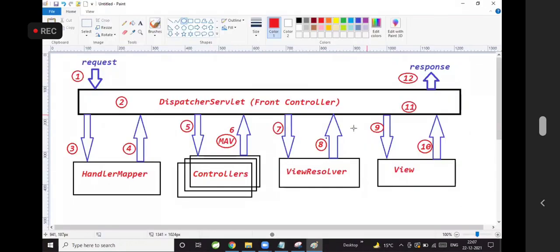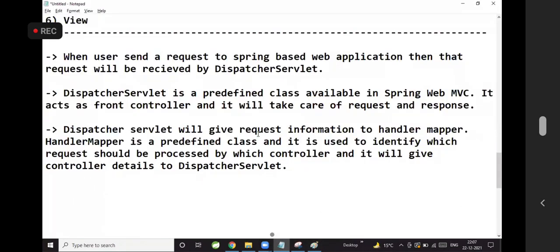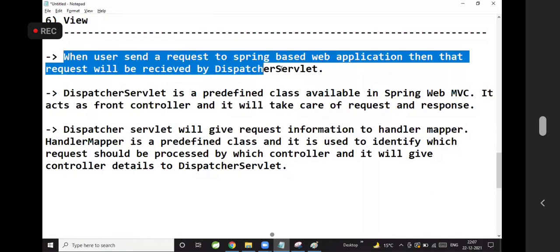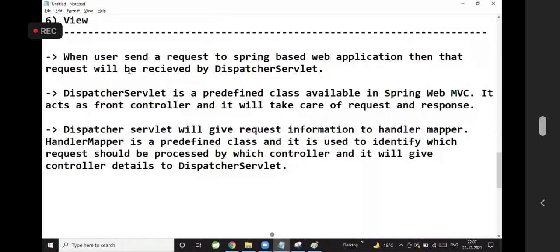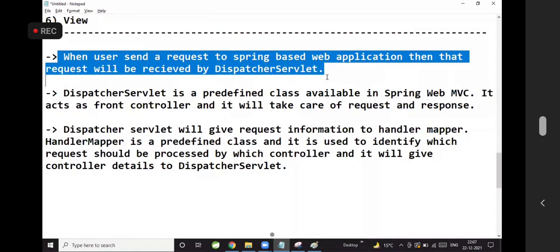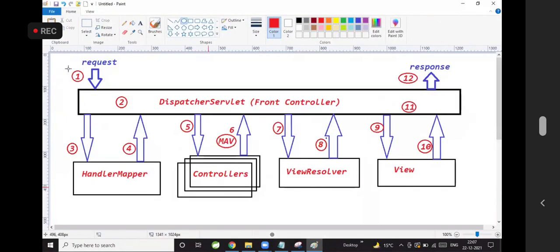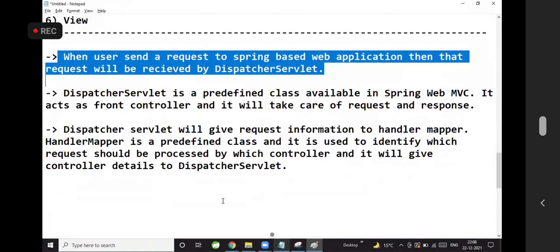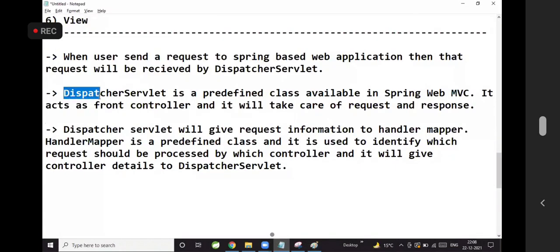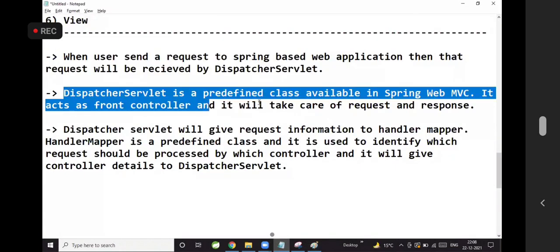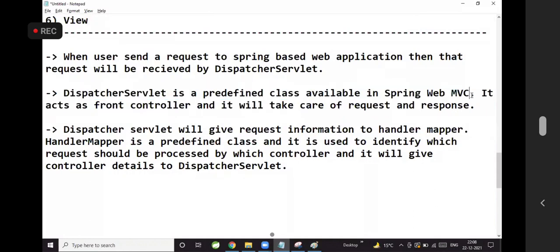Now observe, compare our diagram and theory. You will get more clarity. When user send a request to Spring based web application, then that request will be received by dispatcher servlet. First step. When user click on any button or click on any menu item, the request will come to dispatcher servlet. What is the dispatcher servlet? Dispatcher servlet is a predefined class available in Spring Web MVC module.